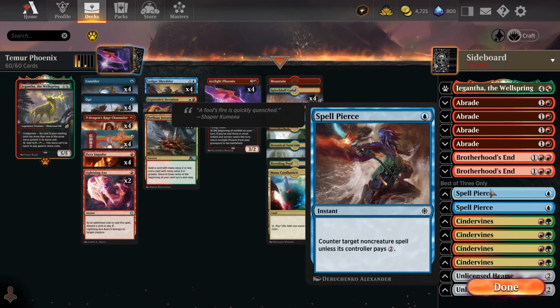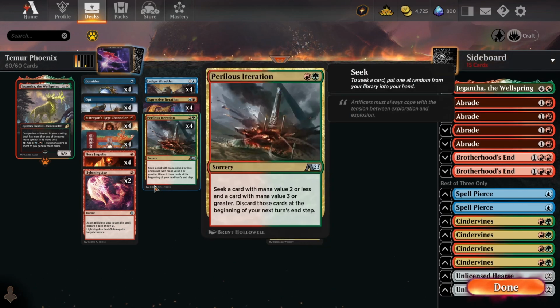And like I said, we've got a couple of copies of Spell Pierce as well. In the gameplay that I've got coming up, I was originally running Fading Hope in this slot as just another way to get rid of bigger creatures, but I didn't queue into Control for a while, and then when I did queue into Control, I realised that I just didn't have enough cards for that matchup because,